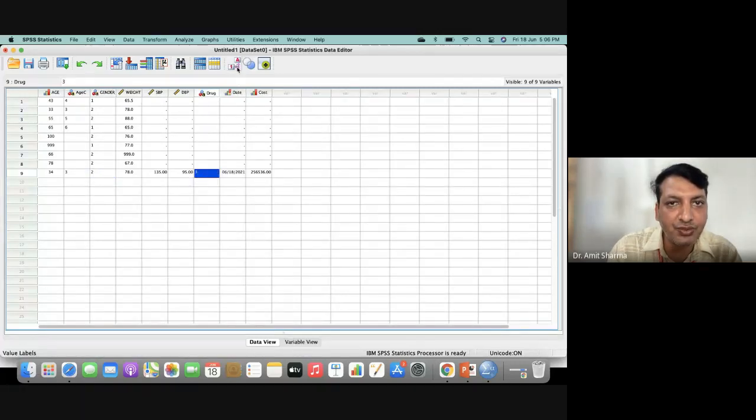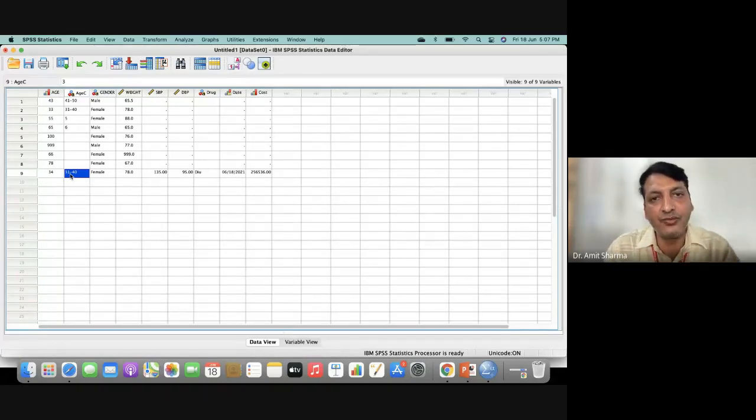So you can switch to this icon where 1 and A is written, and you can see that diuretic was the drug which was given. You are going to write the name of the drug in full. She was male, and this is the category that this particular patient having age 34 belongs to. So how to find out?